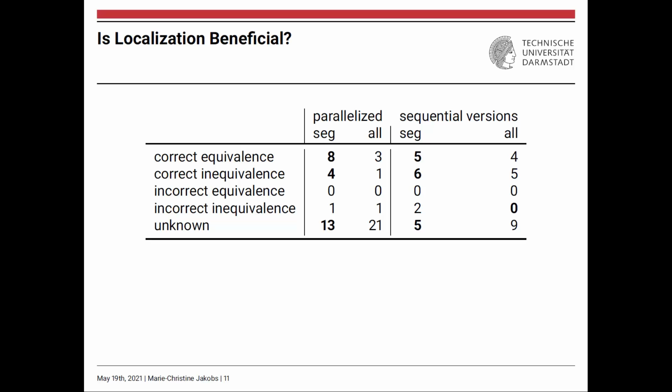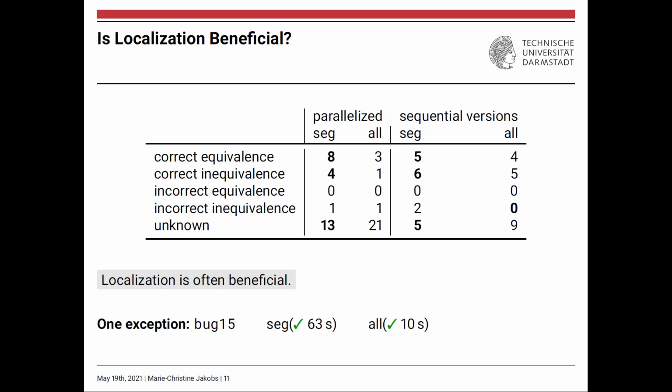However, we also see that in the incorrect inequivalences, we have a 0 entry for the second scenario in the whole program configuration, while in the localized configuration we have a value 2 here. However, note that the whole program analysis fails for those tasks which are reported incorrectly in the localized configuration. In general, we looked at our data and found out that the whole program analysis only solves tasks that are also solved by our localized PEGCheck configuration. Thus, we conclude that localization is often beneficial.